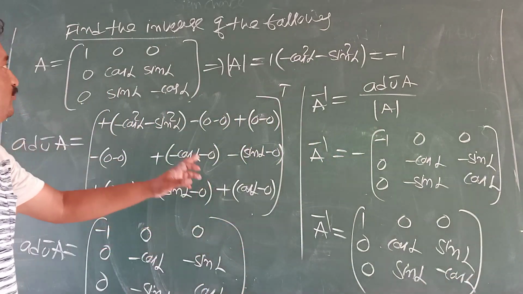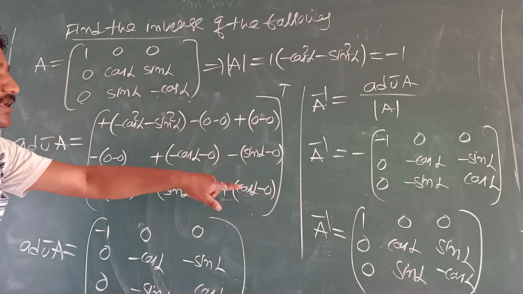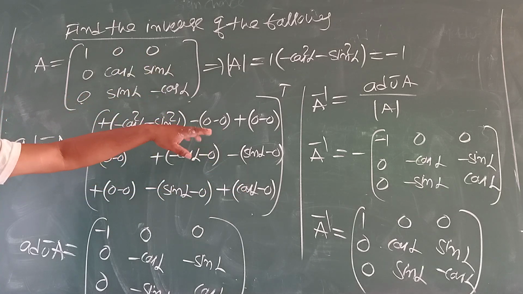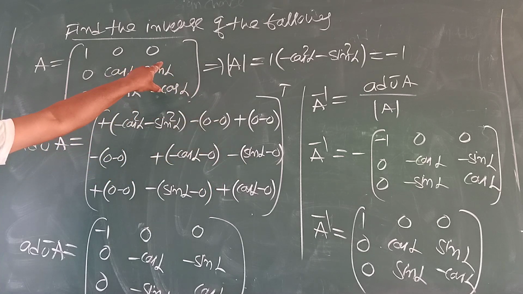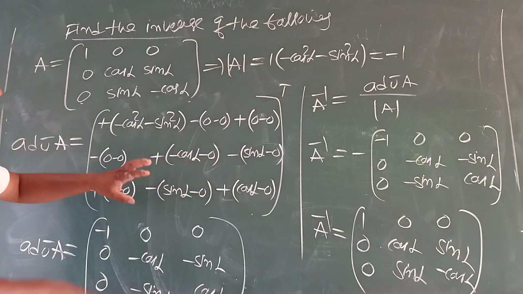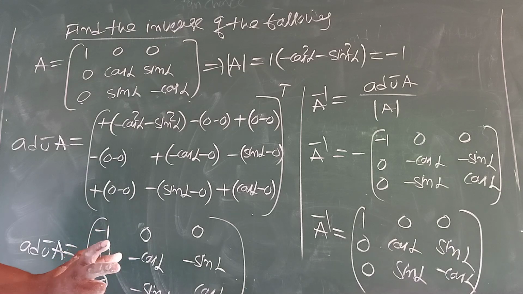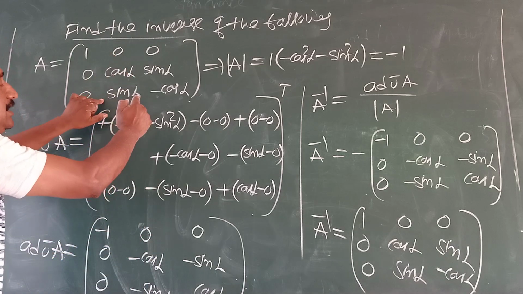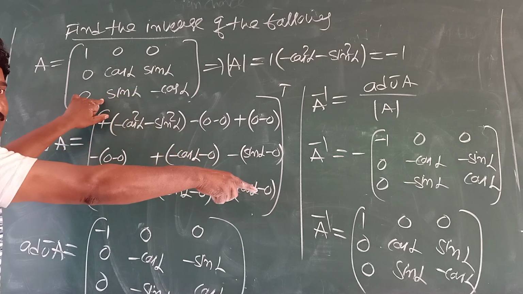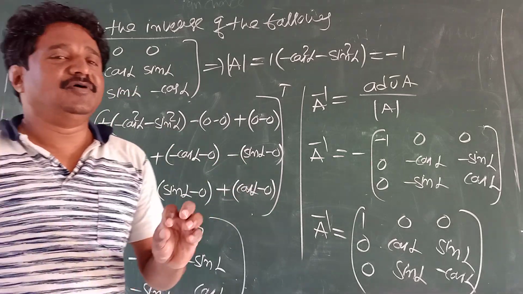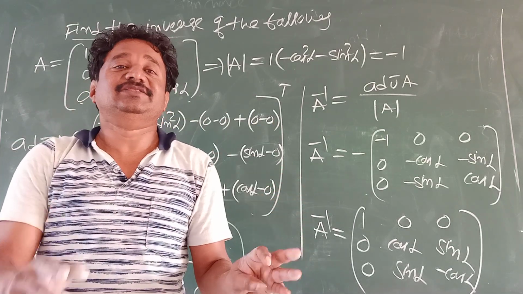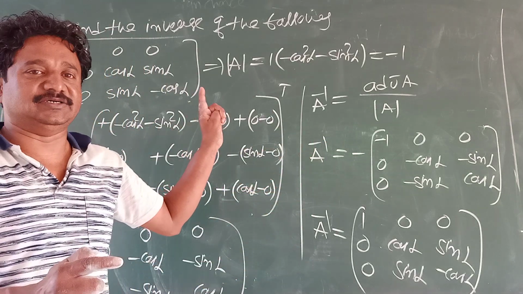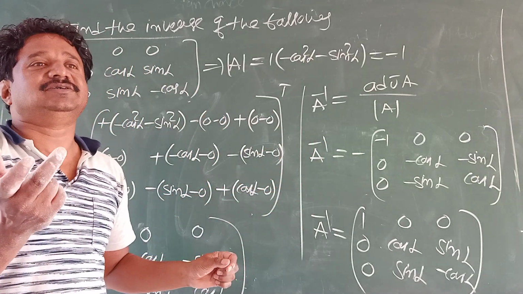Observe students, so for this particular matrix we are getting inverse as itself. So matrix A itself is its inverse, self-invertible. We call that as self-invertible. Inverse of matrix A is itself, but this is not always true. Don't think like that. Only for this particular matrix we are getting inverse as itself. For other matrices the inverse is completely different. Keep that in mind.